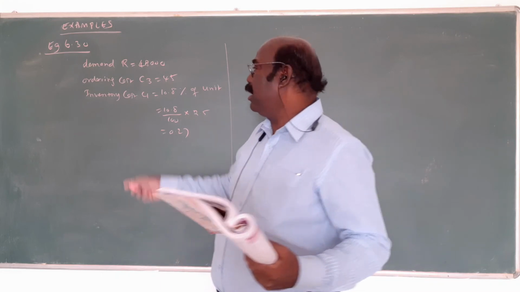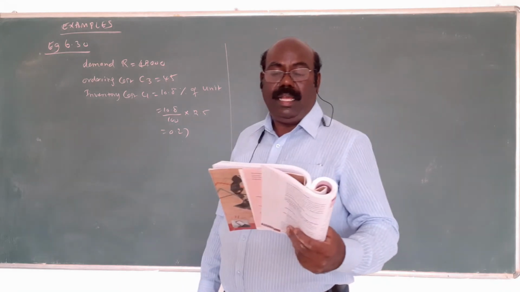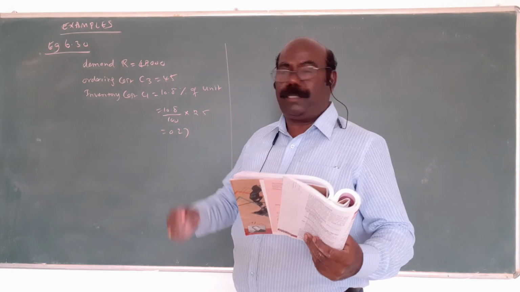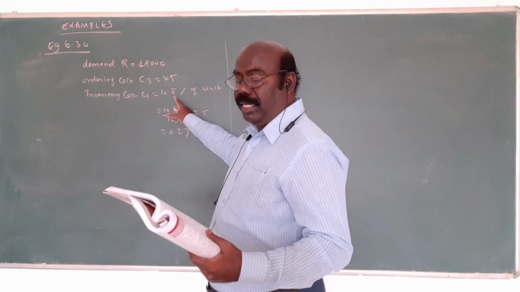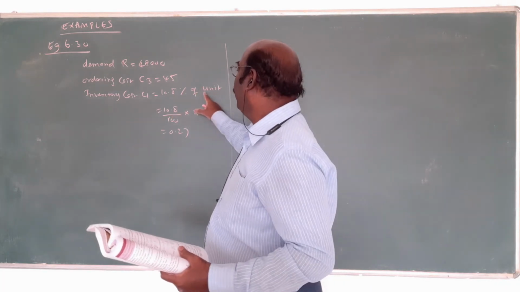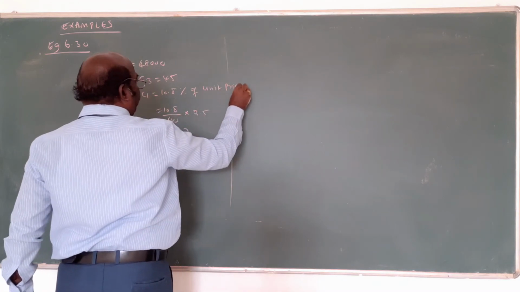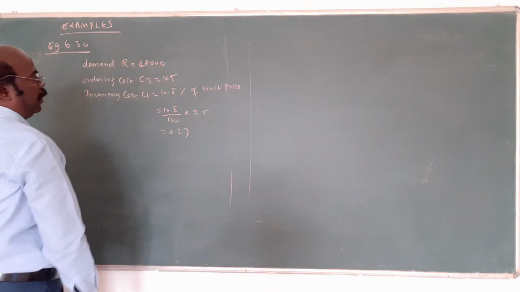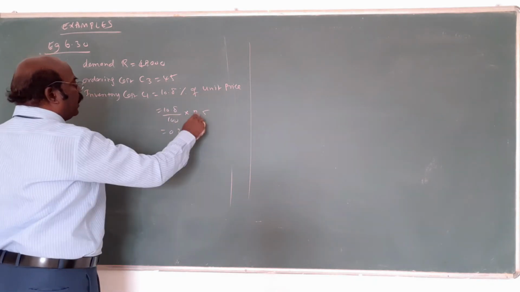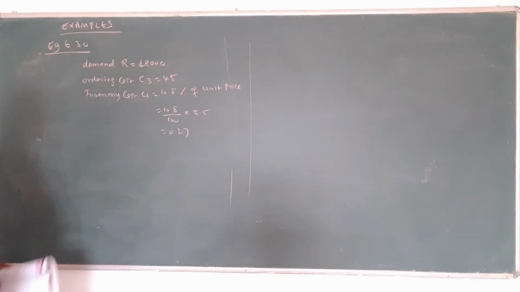And the carrying cost, that is not the inventory cost or setup cost. This C1 is what? Carrying cost 10.8% per year of the unit price. That is the unit price actually. Unit price means unit price. Am I right? This is given. So 10.8 per 100, and the unit price is only 2.5 per unit. You multiply and divide, you get 0.27.